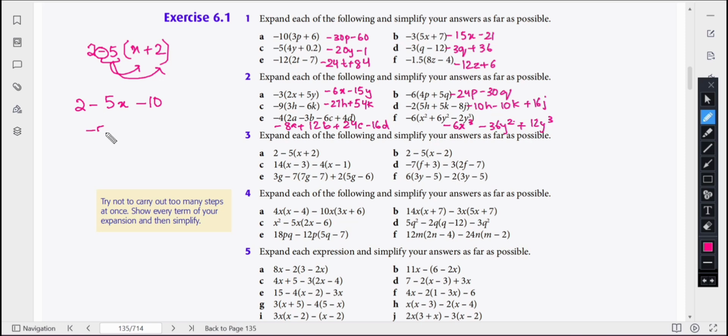2 - 5x - 10 है तो -5x, -10 + 2 क्या होता है, -8। तो this will be the final answer, -5x - 8। अच्छा अब इसको देखो, अब ये भी बिल्कुल similar question है, इसके